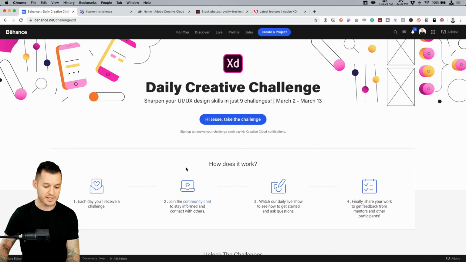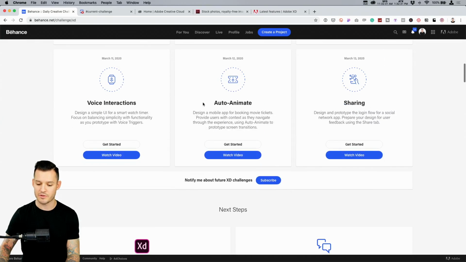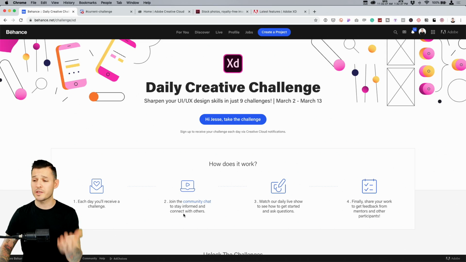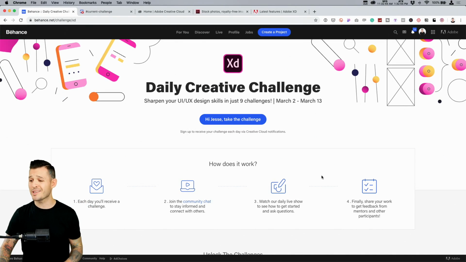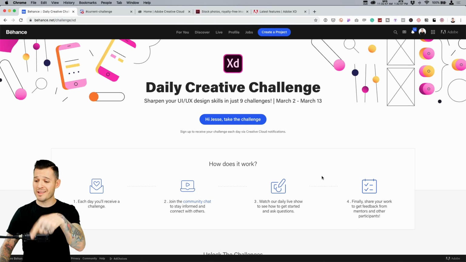Each day, you receive the challenge. Down below, you can see each of them unlocked. Today, it's about sharing because sharing is caring, and that's where you get your starting file. You're going to join the community chat, not only the live chat, but you're going to jump over to the Adobe XD Discord that has over 35,000 creatives. It's where you get encouragement, inspiration, feedback, critique, all the fun stuff. You can find a link to the Discord in the chat somewhere or over in the info tab. Next, third piece, you want to watch the Daily Show, you're already doing that.